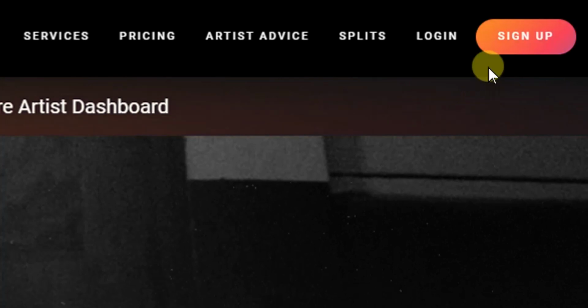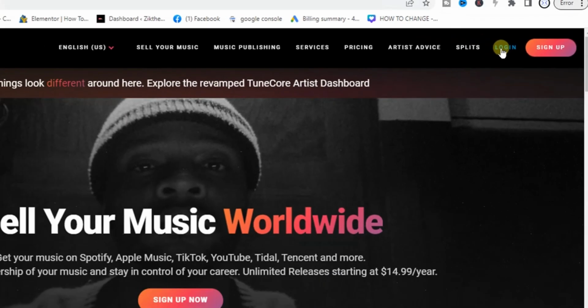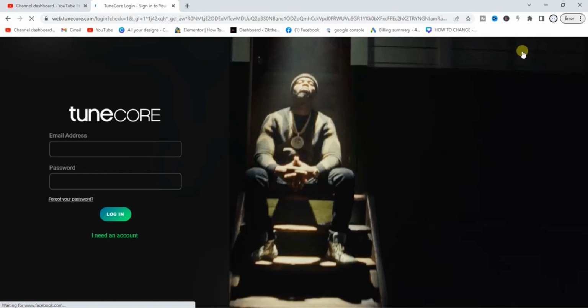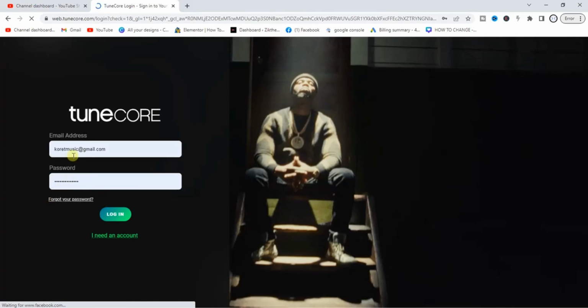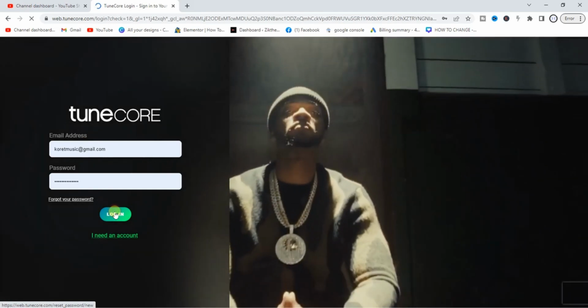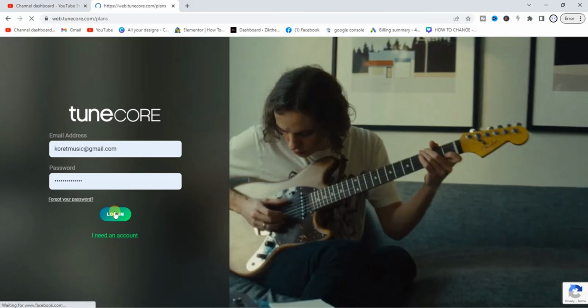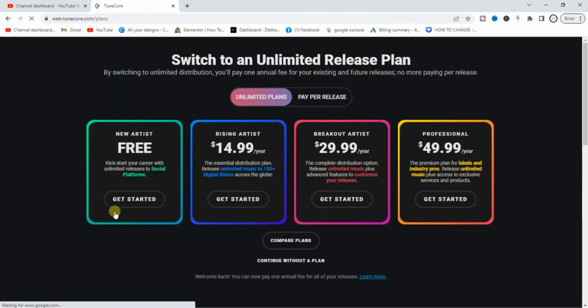I have an account already, so I'm just going to click on login at the top right corner. After that, I will have to enter my Gmail address and password right here. So once I'm done with that, I'll click on login. Yeah, after logging in,